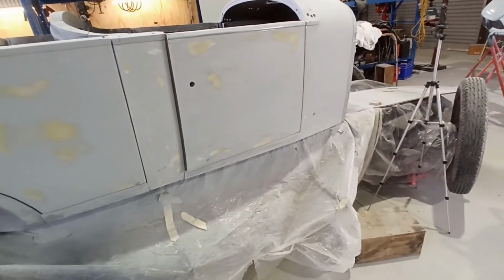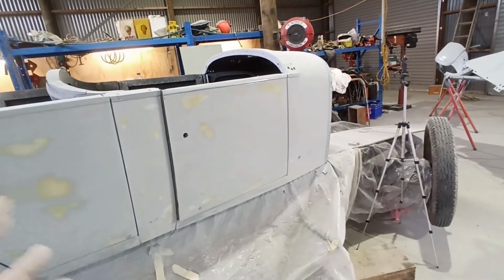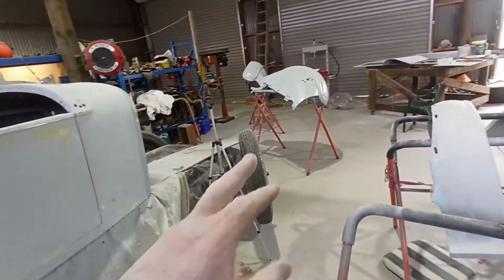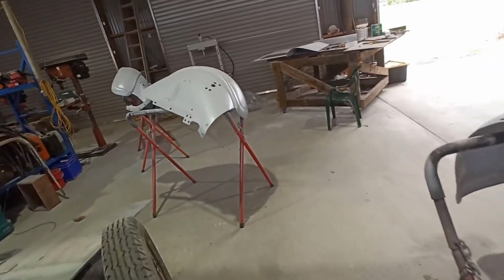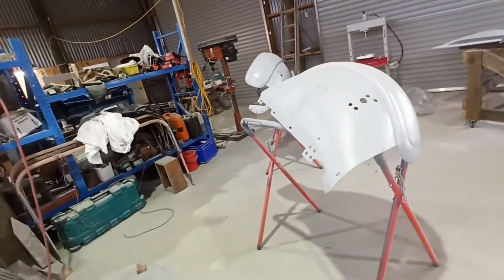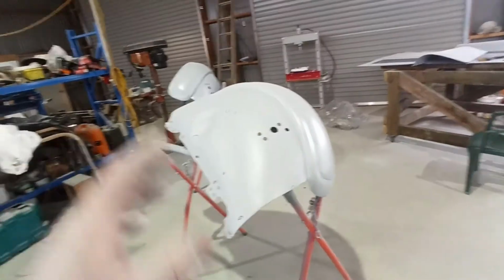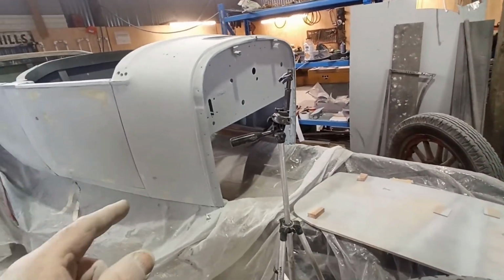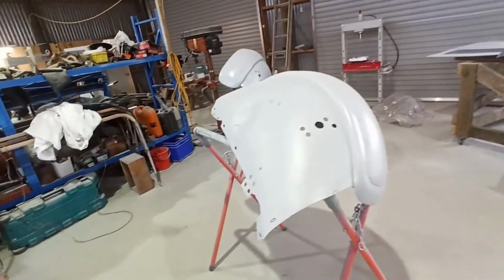So yeah, my thought was, since I didn't get a chance to put any more glazing putty in anywhere else, I haven't marked any more spots around here. But what I'll do is, once I knock these little pieces back, put a little bit of glazing putty in them in the morning before I block them back. Well, when I knock these back and then put the glazing putty in before I block the whole thing back, I'll mark all the rest of the holes and marks and bits and pieces on here. And I'll get all of them, or try to get all of them, in at the same time, or in a